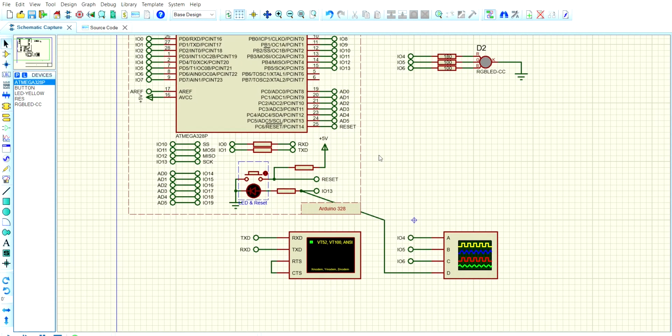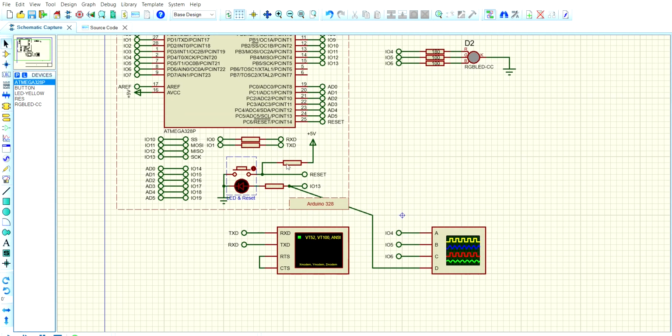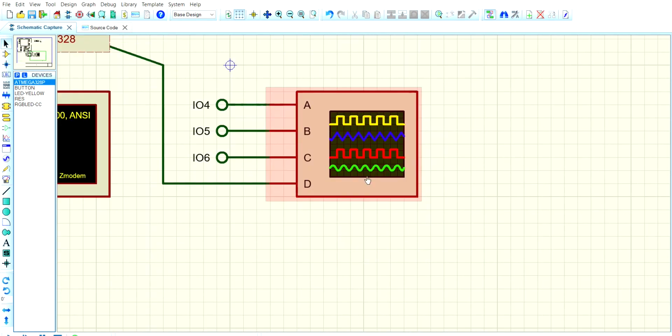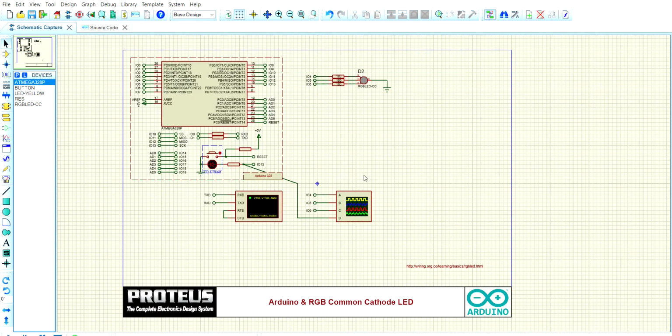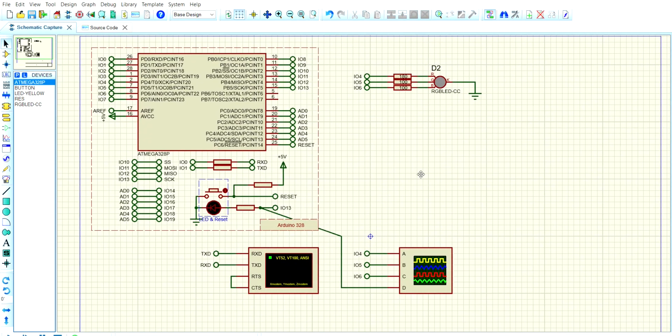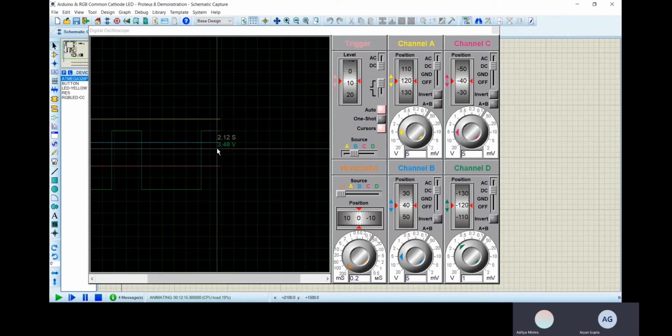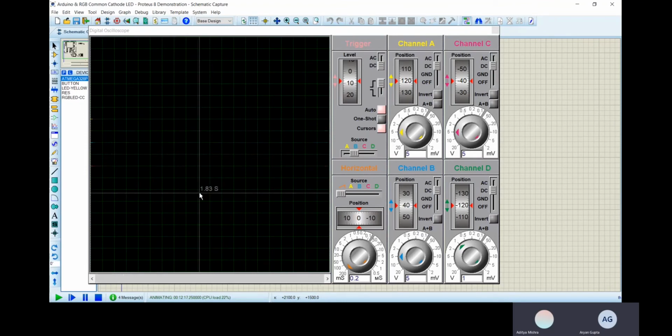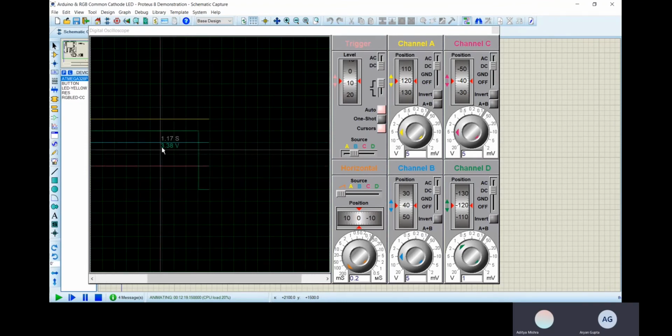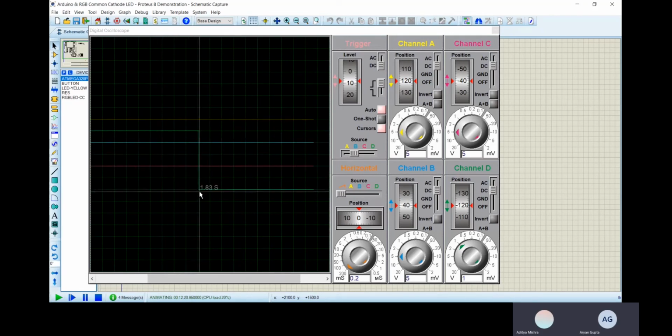To obtain the waveform of this periodic signal, we connected the output to the oscilloscope so that the output is obtained in the green waveform. Now, to obtain the signal, we run the simulation. To obtain the waveform, we need to access the digital oscilloscope. Over here, as can be seen, the oscilloscope is showing us the green waveform, which is depicting the signal from